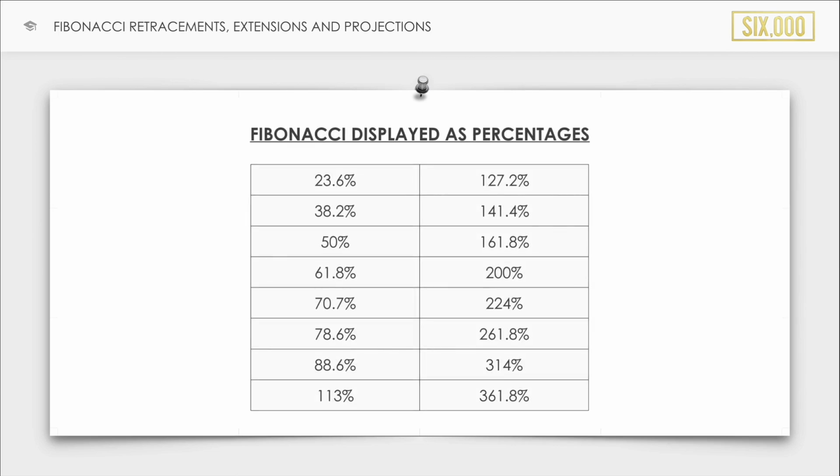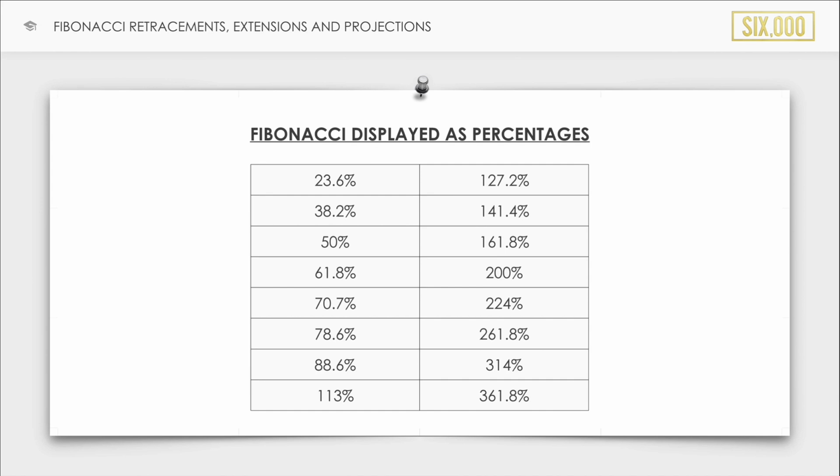Now, as mentioned, these Fibonacci ratios can also be displayed as percentages. Now, this may make more sense to you. So if you're measuring X to A of a price move, so low to high, to get a retracement level, you may find that it is 50% of the length of X to A. So the low to high, you may find that the retracement, the next higher low in the market, is 50% of the move you're measuring. You may find that it's 61.8%,